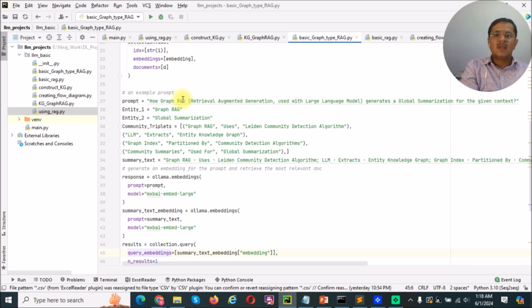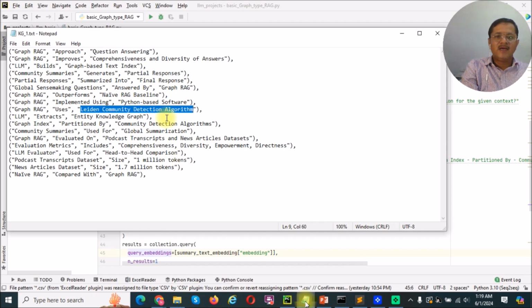So what we will do, we will identify the entities. I have just written two entities. There may be multiple entities like graph RAG, large language models, global summarizations, RAG. So all those will be entities. I left two entities just for simplicity, because we are just covering the two important things, but it will not affect the results. After that we will check our knowledge graph that is actually constructed by